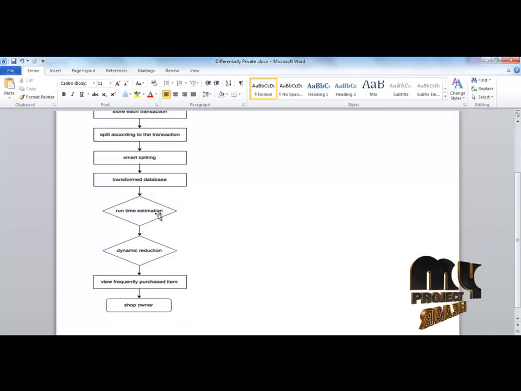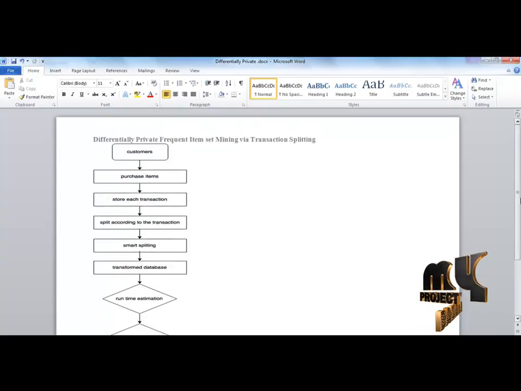After these two processes, it goes to view frequently purchased items. After this process, it goes to the shop owner. This is the complete process of the data flow diagram of differentially private frequent itemset mining via transaction splitting.